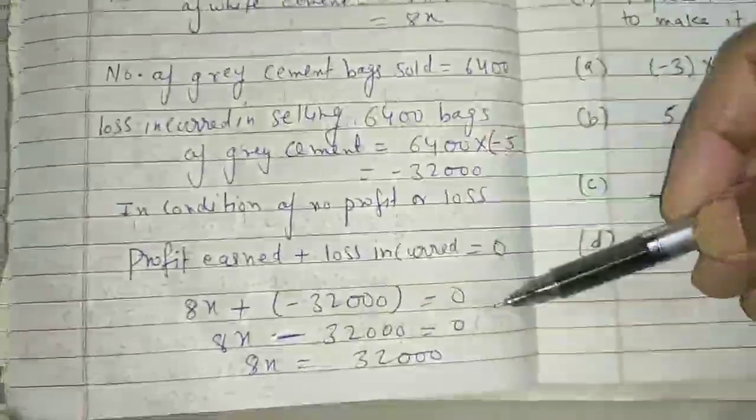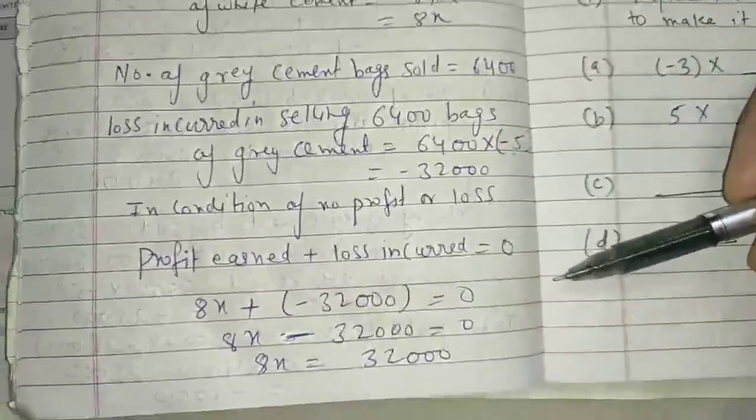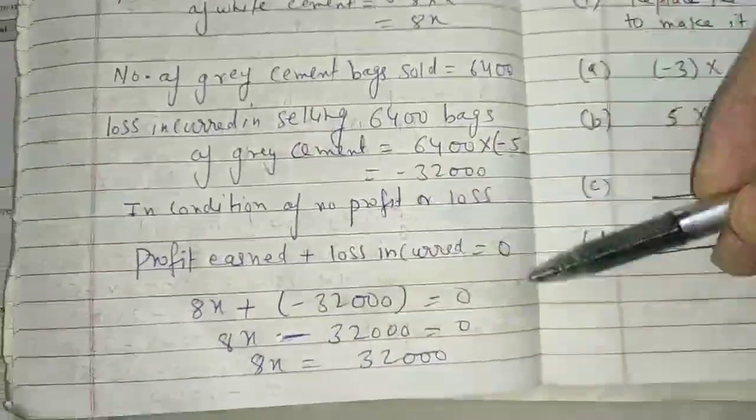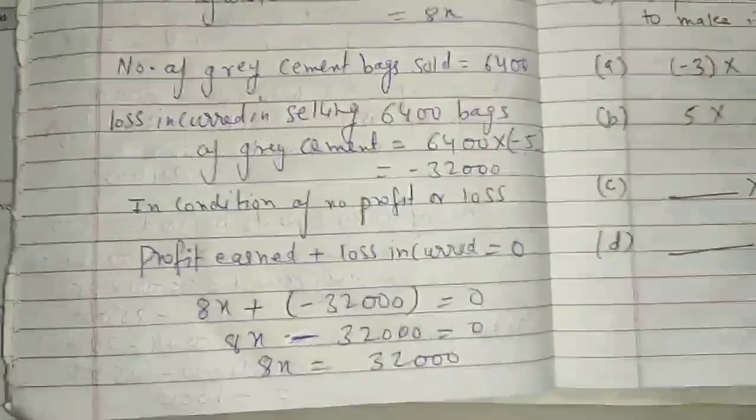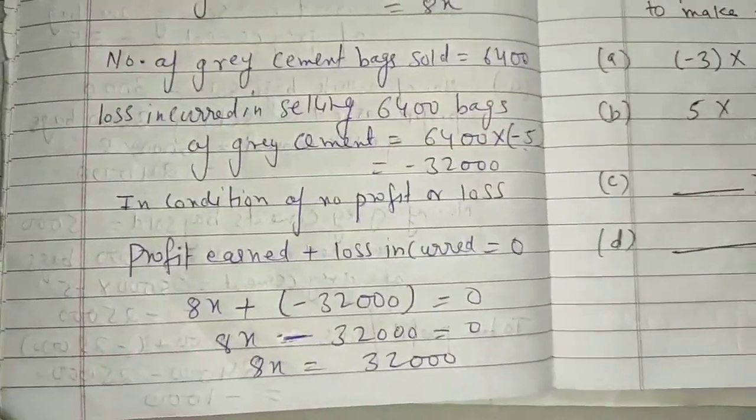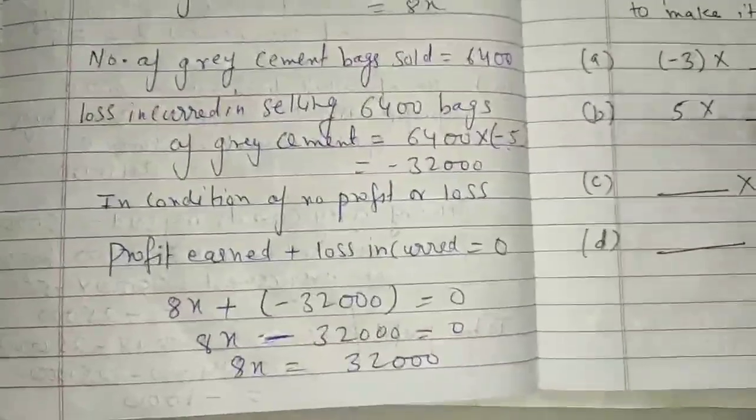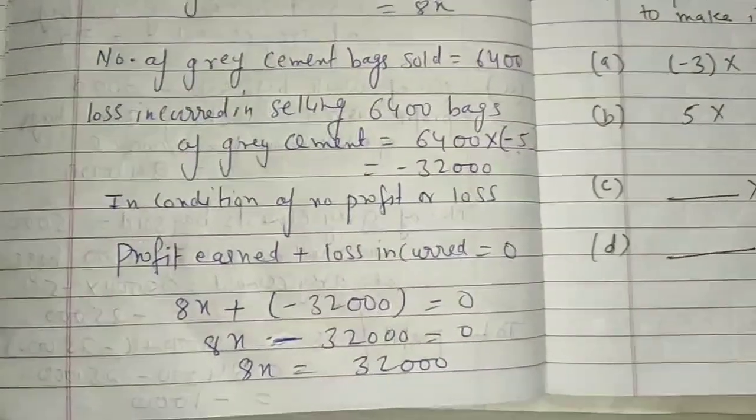If it is plus, it will become minus. If it is division, it will become multiplication. If it is multiplication on this side, it will become division on that side. Just for up to this chapter, you will keep this in your mind, because we are going to discuss this when we do the chapter linear equations.